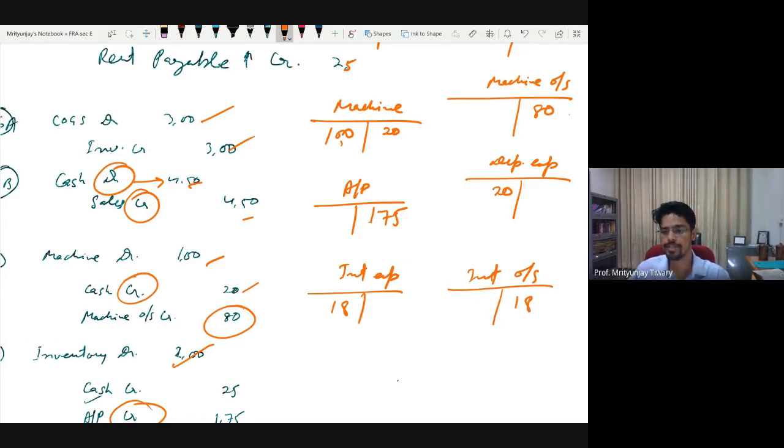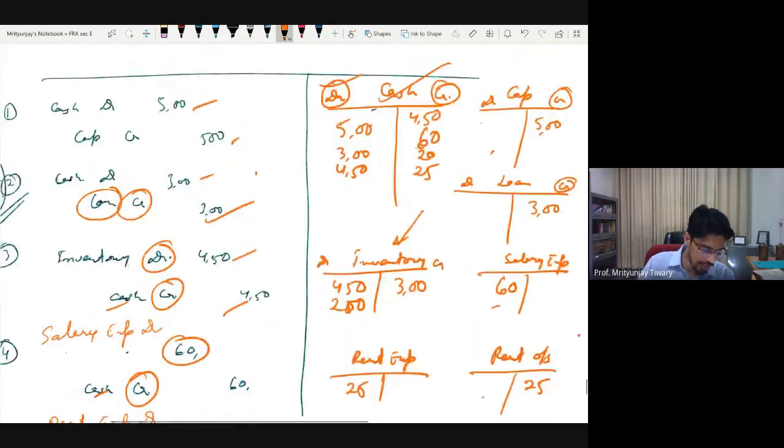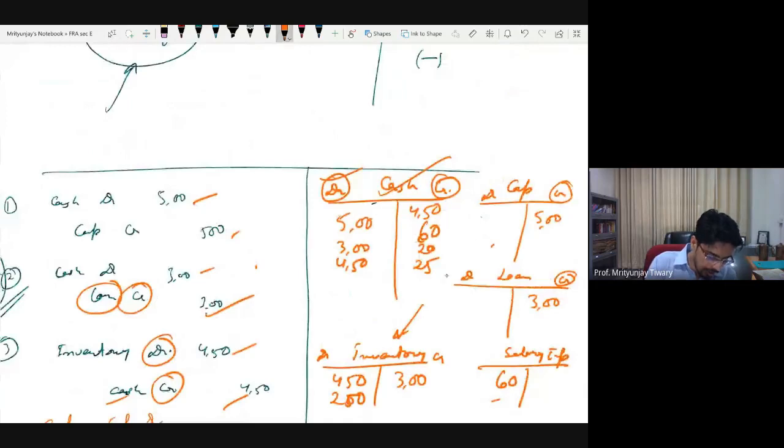That's all. Very mechanical step. What did I do? This is what I did. I went to every entry in every journal entry one by one, and what did I decide? I decided whether I have a T account for that part already or not. If not, I will prepare it. If yes, I'll go to the same T account and I will write it on the corresponding side. I will write the amount that is involved.